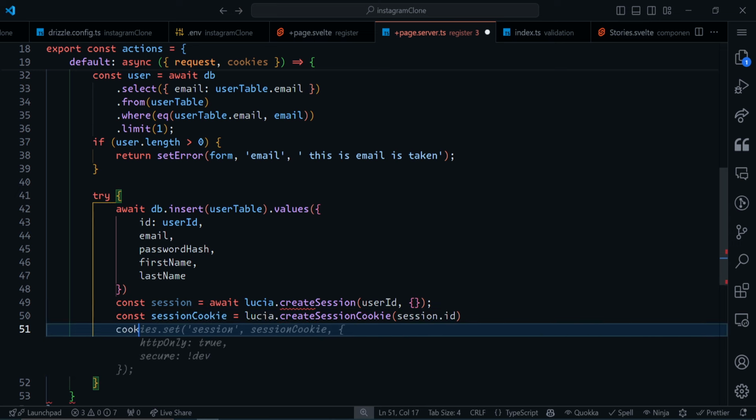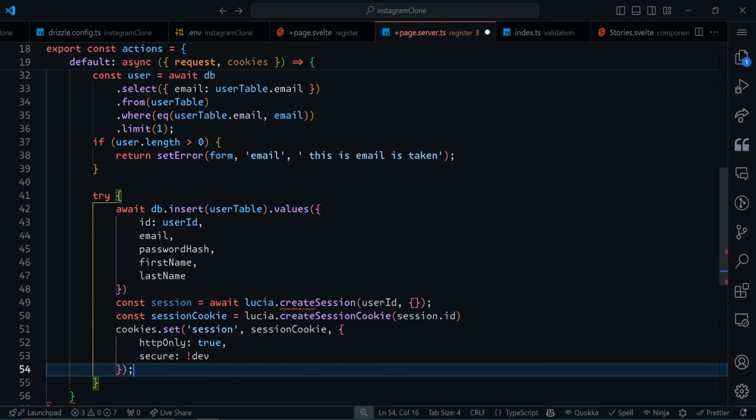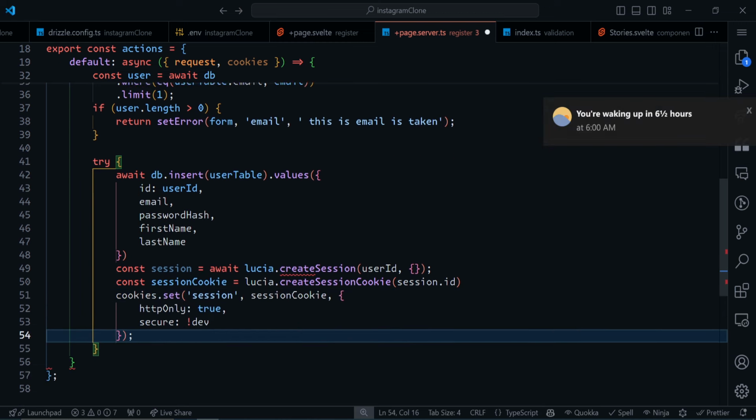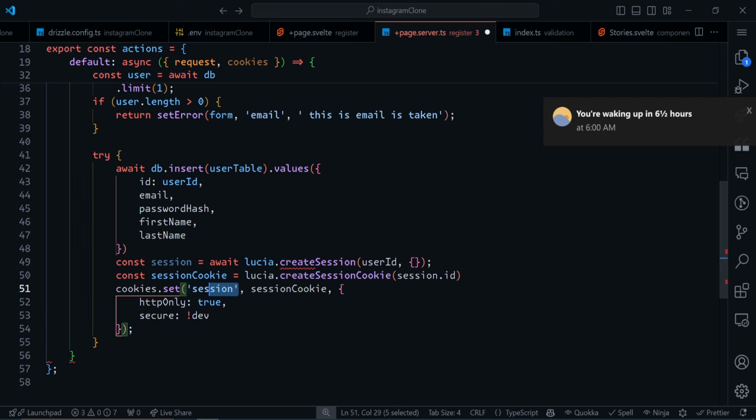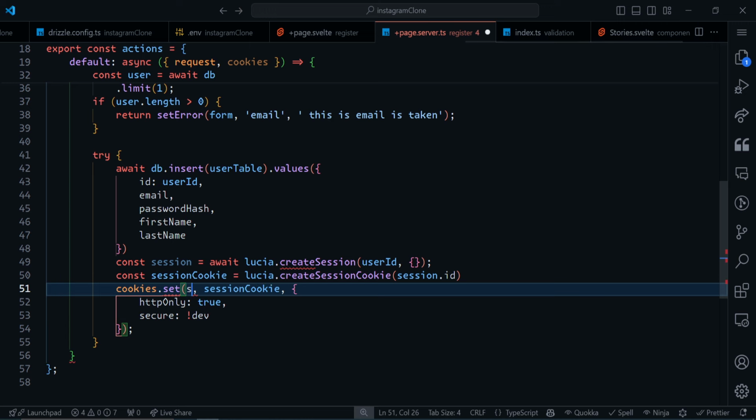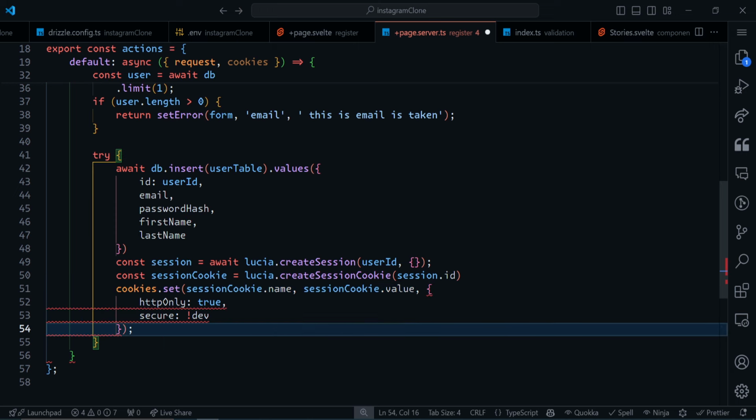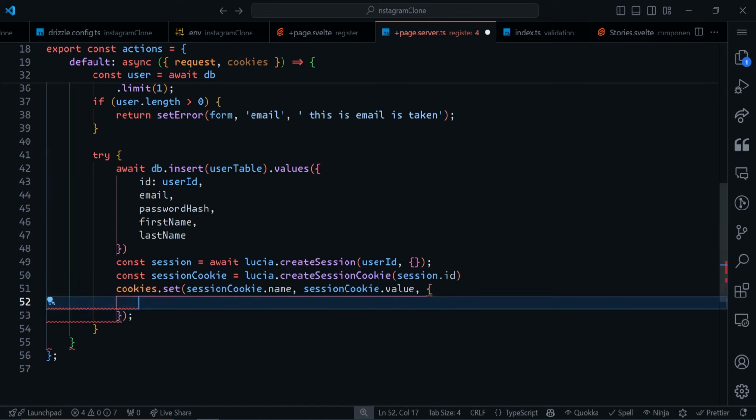So I'll say cookies.set, and instead of giving this a name by myself, I'll leave this name to Lucia Auth. So I'll say sessionCookie.name, and it's going to be sessionCookie.value. And in these options, we'll get all of this rubbish that Copilot dropped for us, and